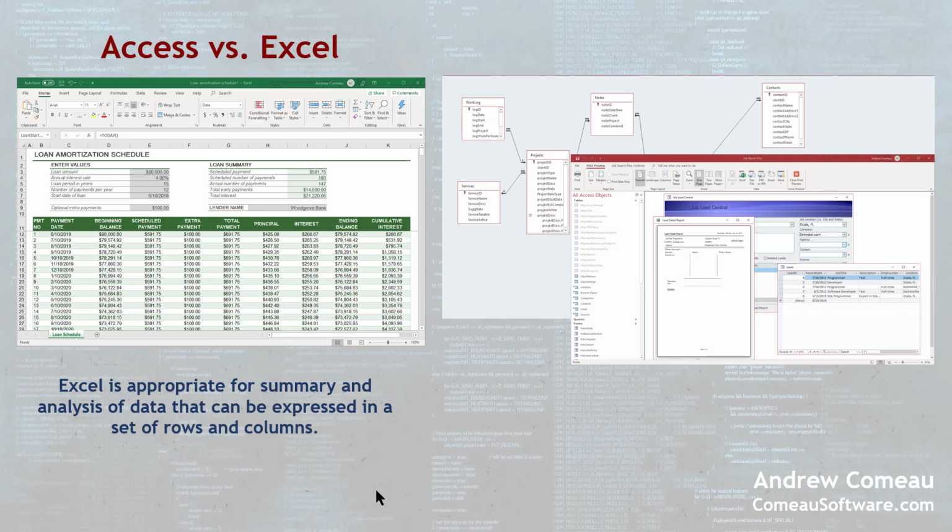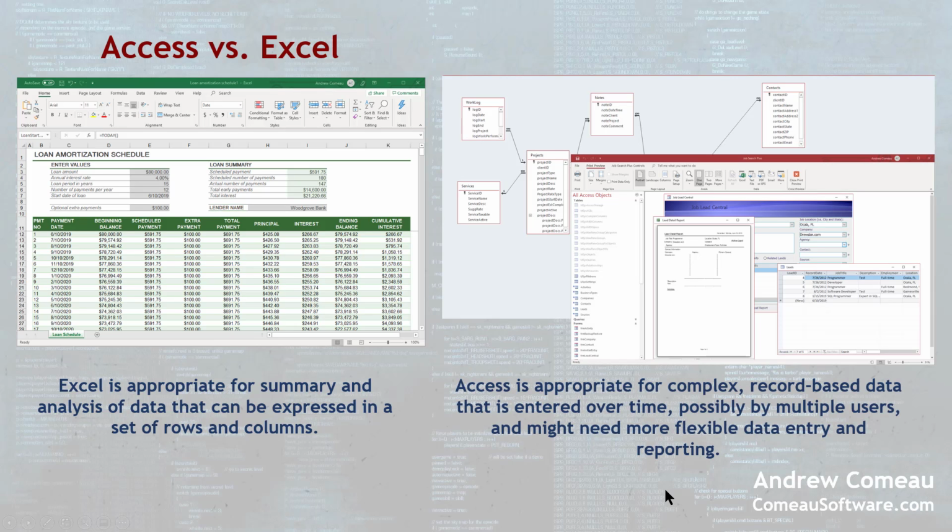And it's really good for that purpose because you can input all your data, whether it's a balance sheet, whether it's a ledger, and you can make calculations, you can summarize it as you need to. Access is more appropriate for complex record-based data. This is data that you're gathering over time